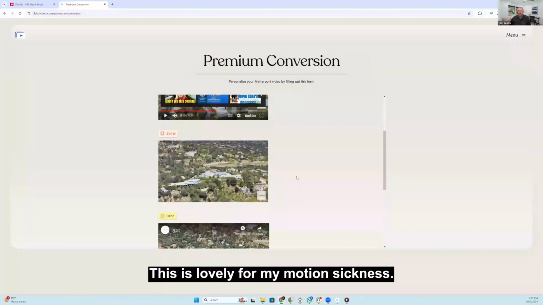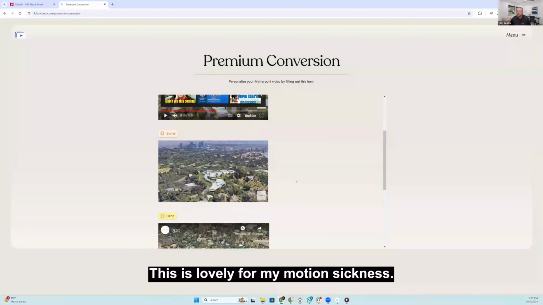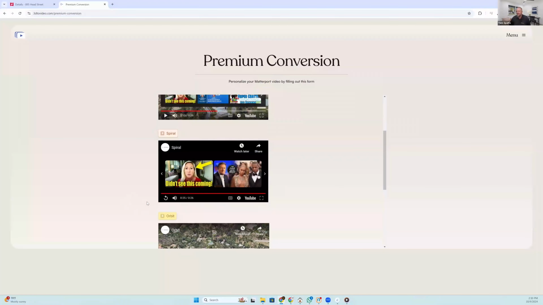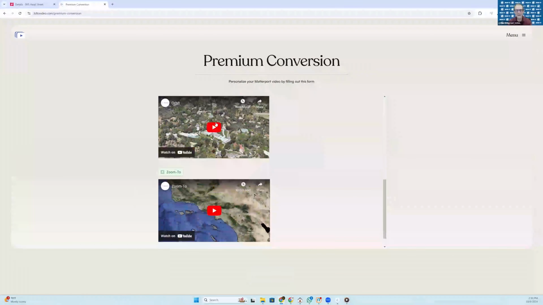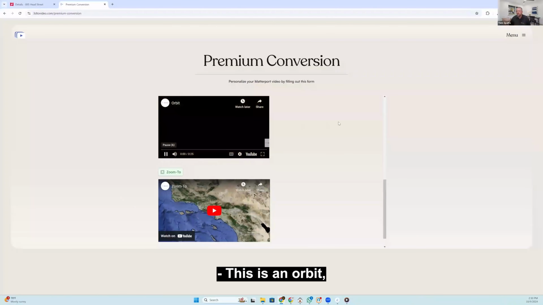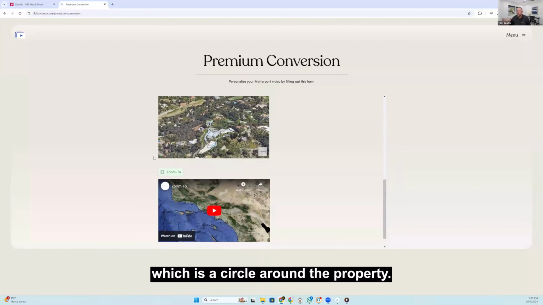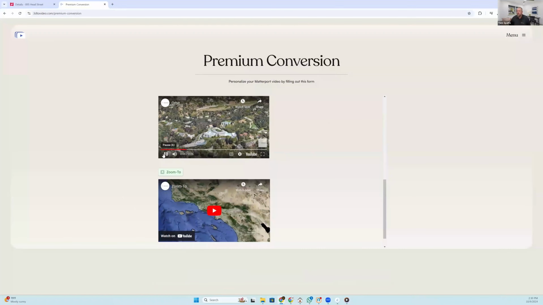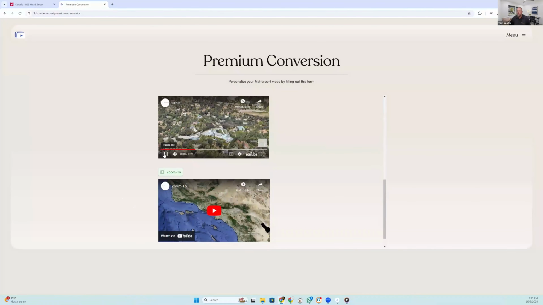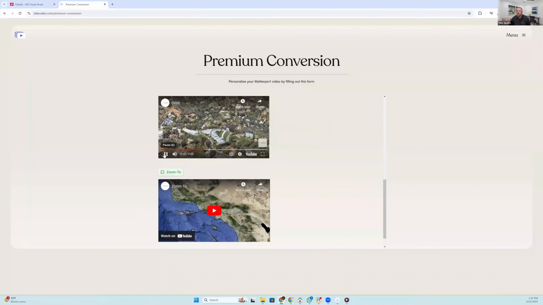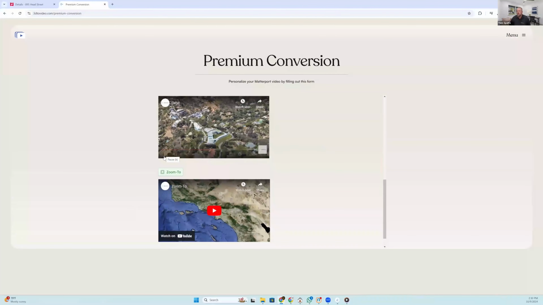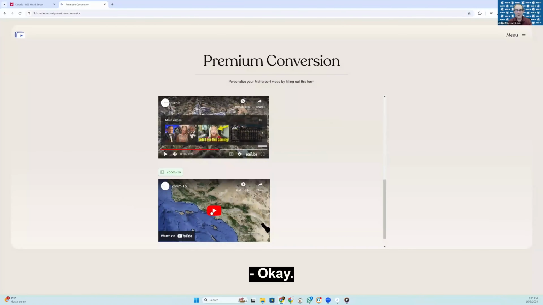This is lovely for my motion sickness. Okay. This is an orbit, which is just a circle around the property. Okay. And then we have